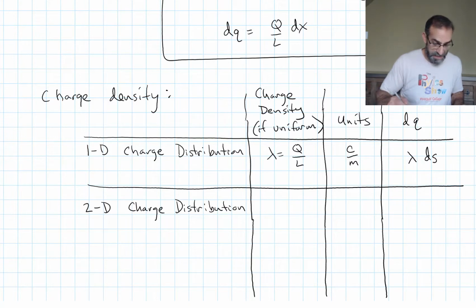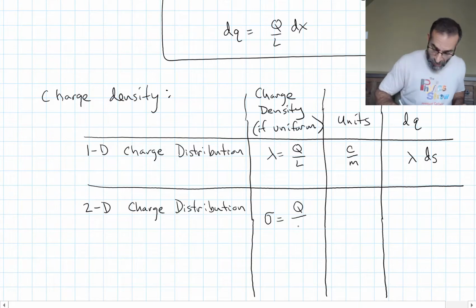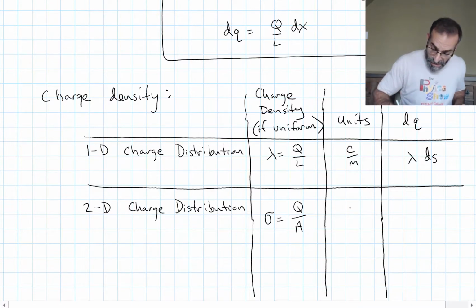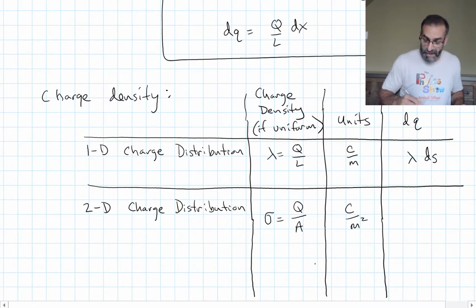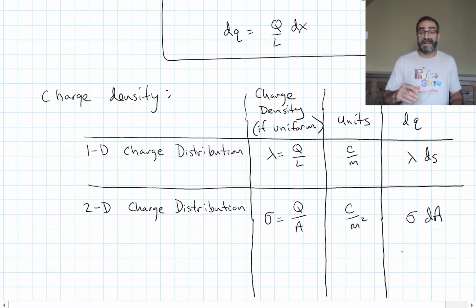We use sigma. And sigma is going to be the total charge over the area if the charge is uniformly distributed. That means it has units of coulombs per square meter. And what would our dq be? It would be sigma times dA, our area element,